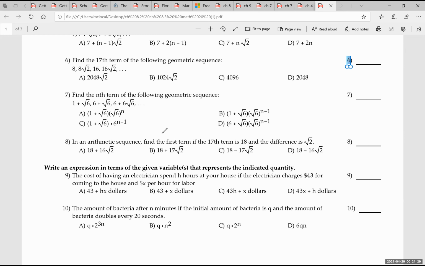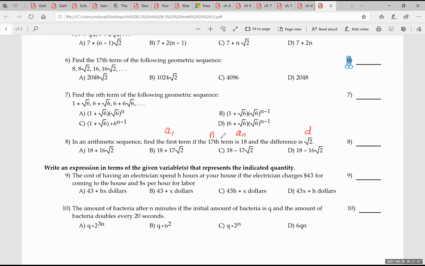So they're asking you to find the first term, so asking you to find A1. They're saying the 17th term, so they're giving you the n value. They're saying that's your 17th term. They're saying the 17th term is 18. So A sub n is 18. And the difference, so the d value is square root of 2. Now,